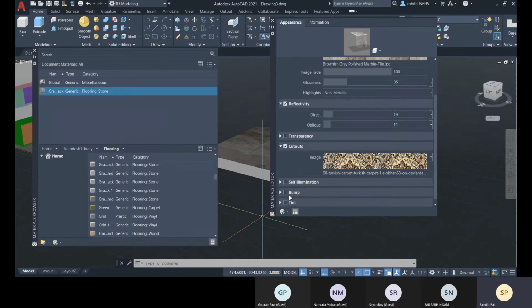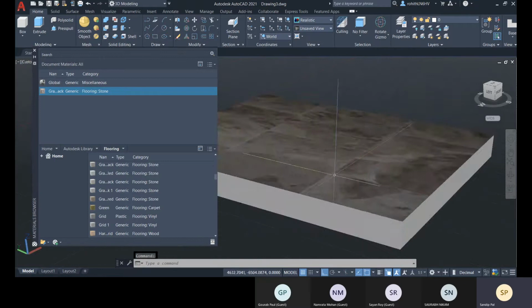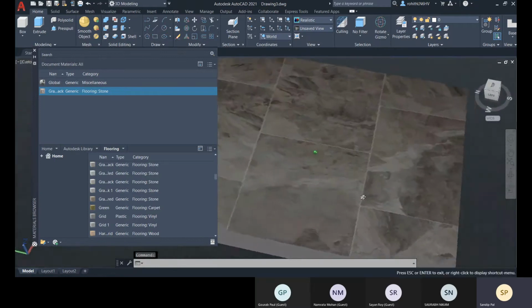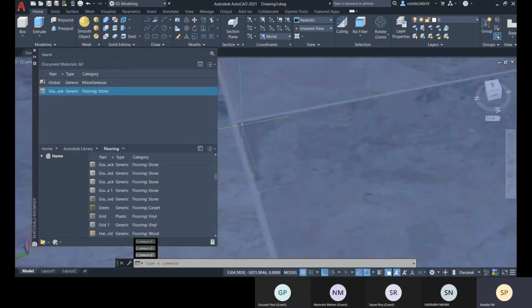And the bump effect is for uneven surfaces. If you want to create an uneven surface, or that kind of effect, you can provide it with bump. Okay, so let me show you that. See, here I'm creating with this. You see these lines are there, correct?